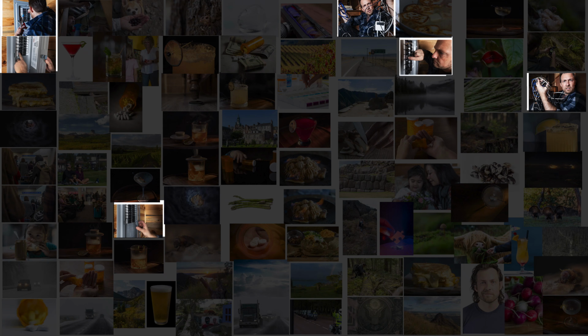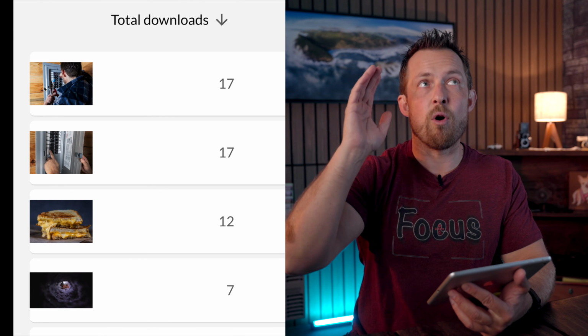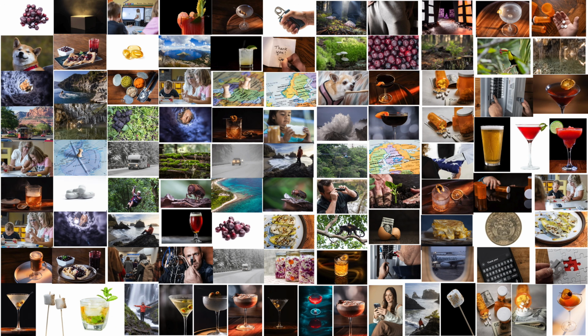So for example, let's look at me fixing the electrical panel. Those have been selling heavily on Getty Images. Now, a few in Adobe Stock and a few in Shutterstock here and there, but mostly on Getty Images. Over the last 90 days on Getty alone, they have over 50 downloads from that one photo shoot. That's awesome. Then if we go on over to Adobe Stock, there's a lot of